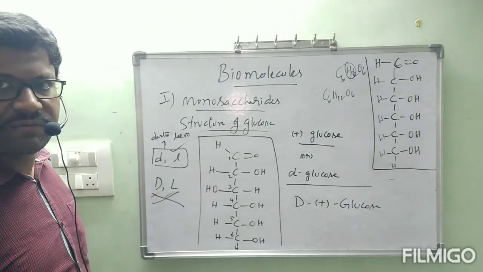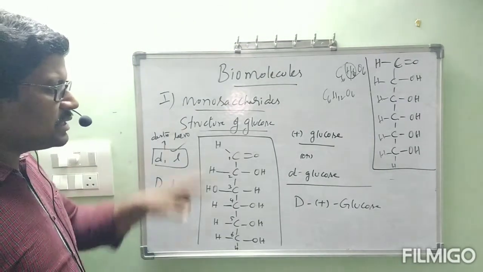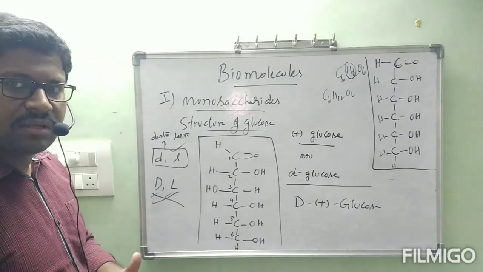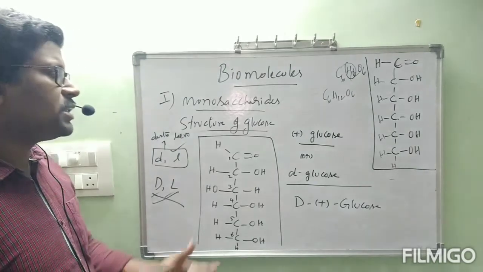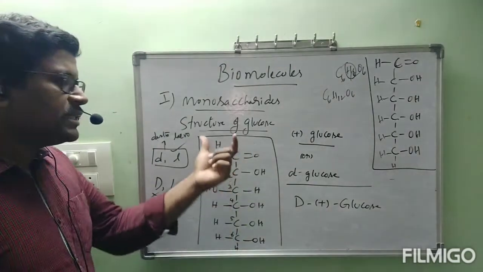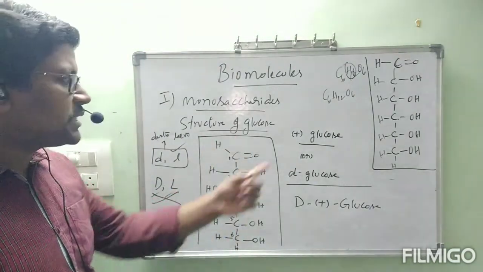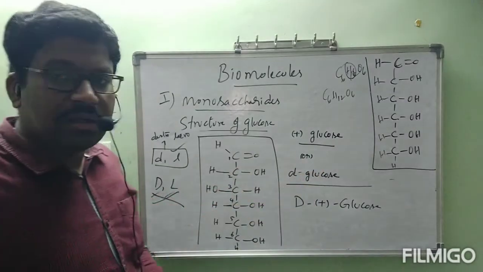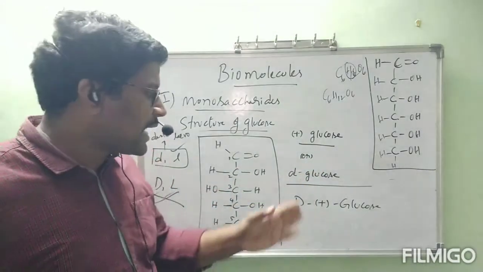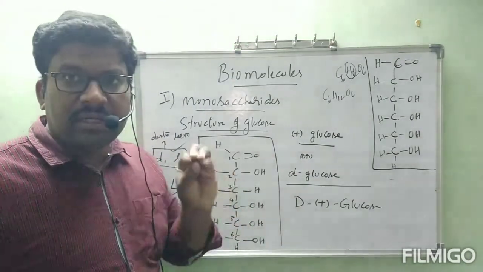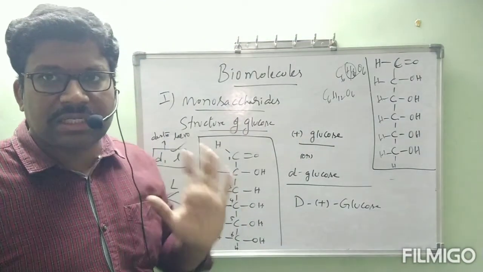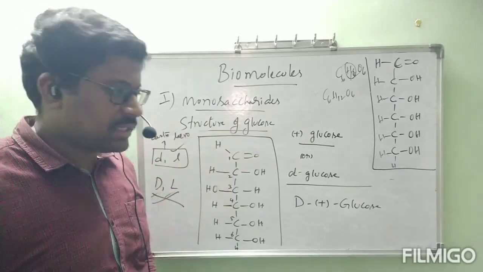By today's class it is enough. Till now, what have we seen? 6 steps, and by using optical activity data, dextrorotatory, we got the structure of glucose like this. And it is dextrorotatory, na? That's why we wrote plus glucose or D glucose. The next representation of glucose is capital D plus glucose. Why did we write this capital D? You will get that information in the next class. That is about today's class.